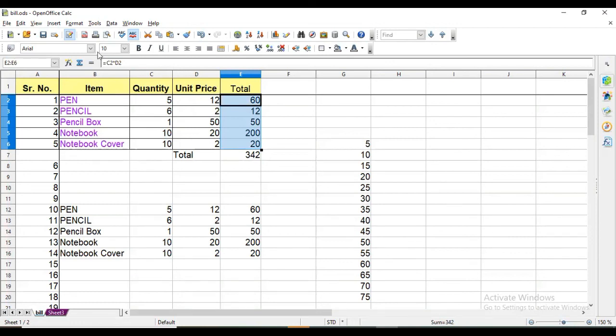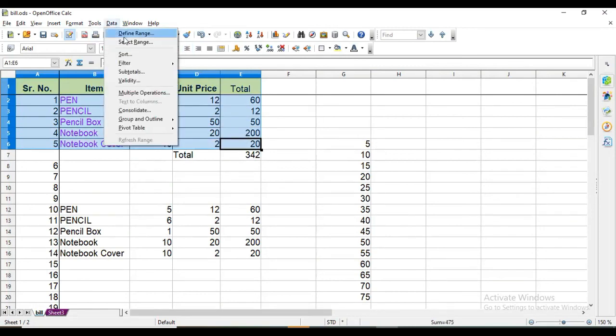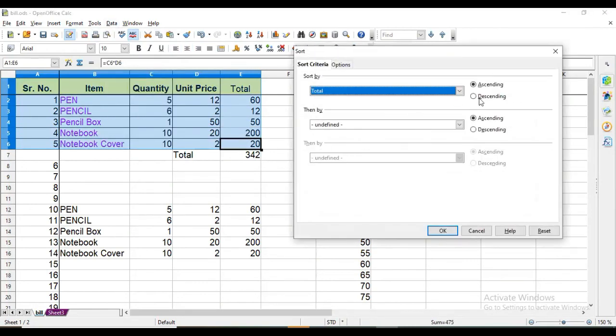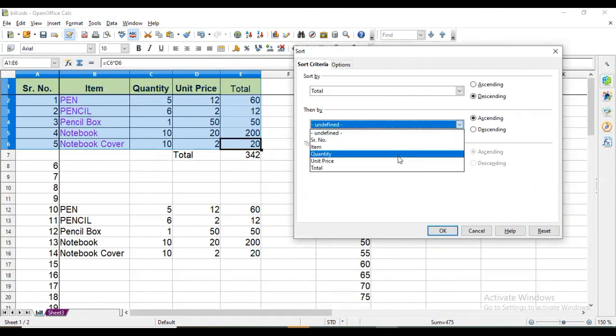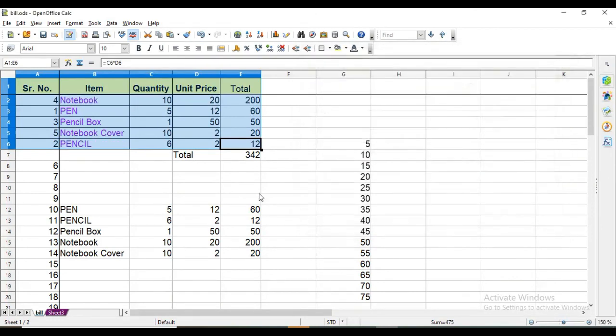And now we are going to sort this. Now you can see this. It is sorted accordingly, according to the total price that the user has to pay.